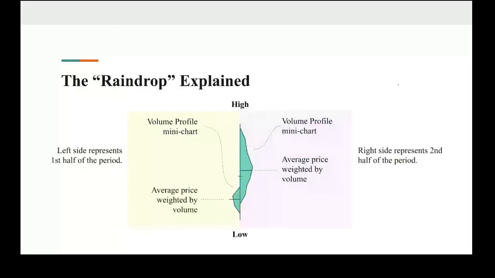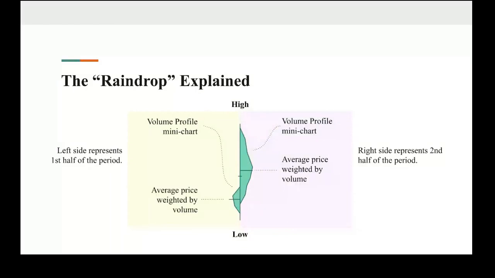All right, so for those of you who have not heard of the Raindrop, this is essentially a volume-based candle. When you're looking at a general candle, whether that's a hollow candle or a regular candle, those are based on the open and the close price. They're not based on what the VWAP is for the first half or the VWAP is for the second half. What we're doing with the Raindrop is, instead of just looking at these arbitrary areas on the chart, such as when the price opened at a specific time or closed at a specific time, not saying these aren't important, because they are, especially because they become a self-fulfilling prophecy since so many people look at these candles. But with the Raindrop, it's giving you more